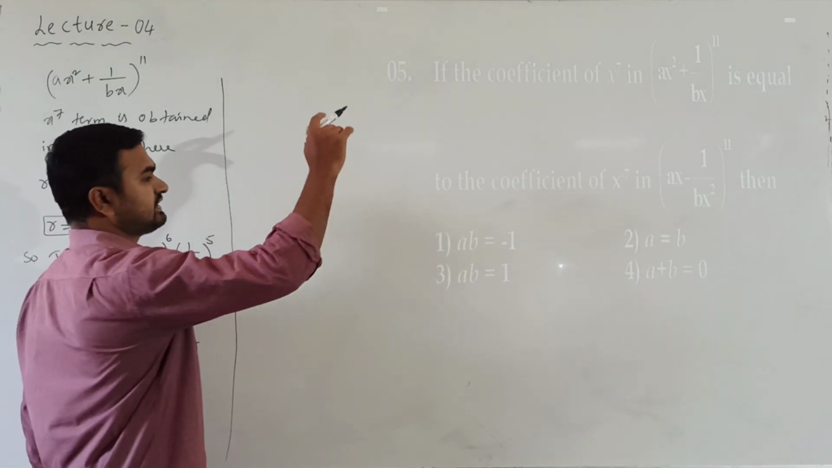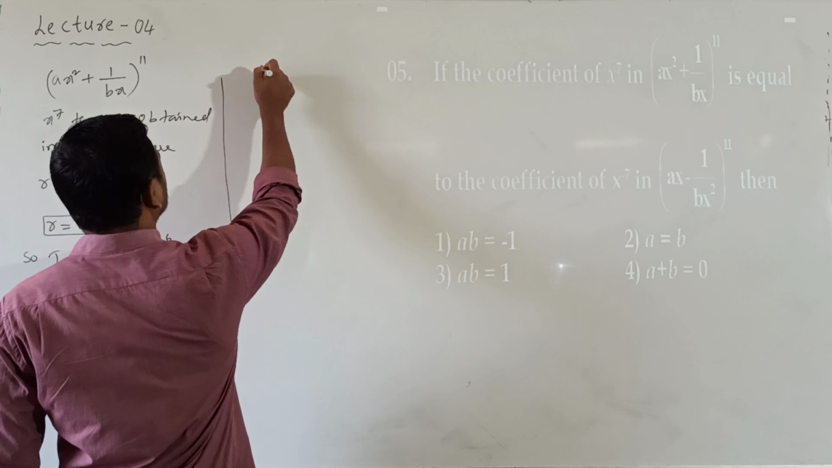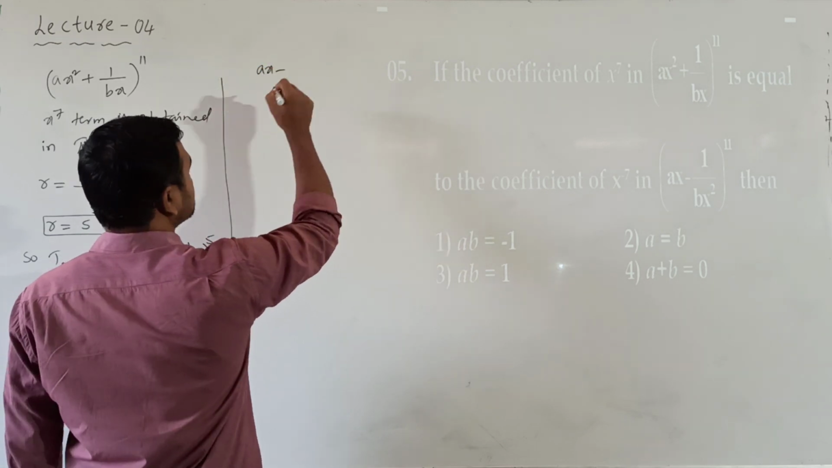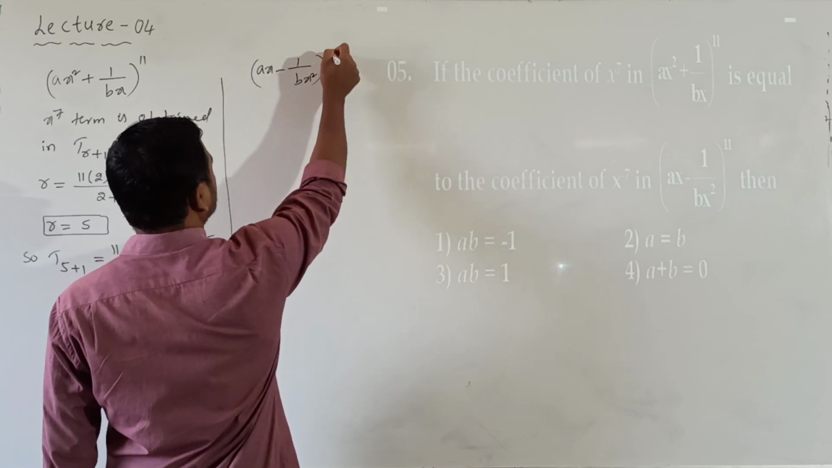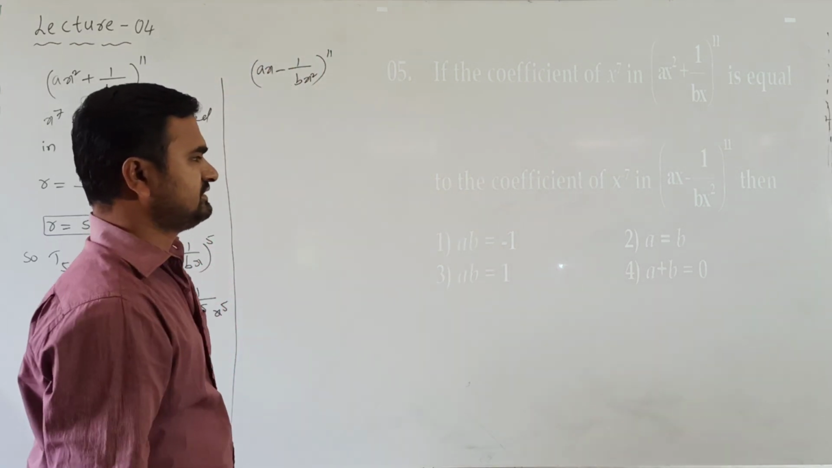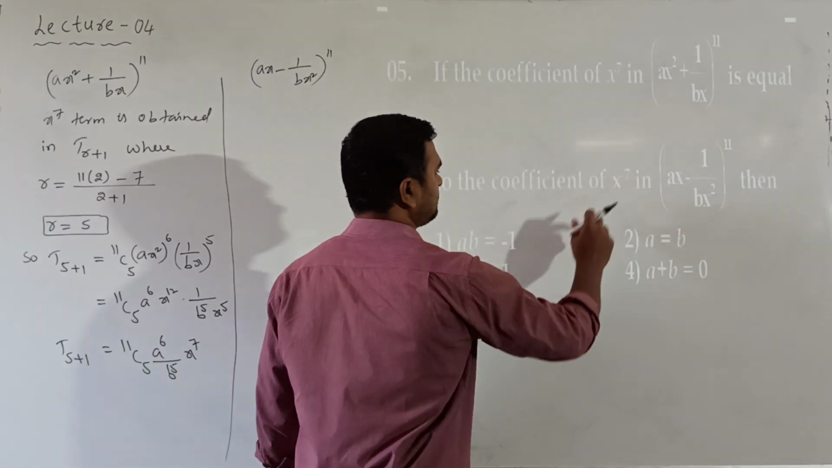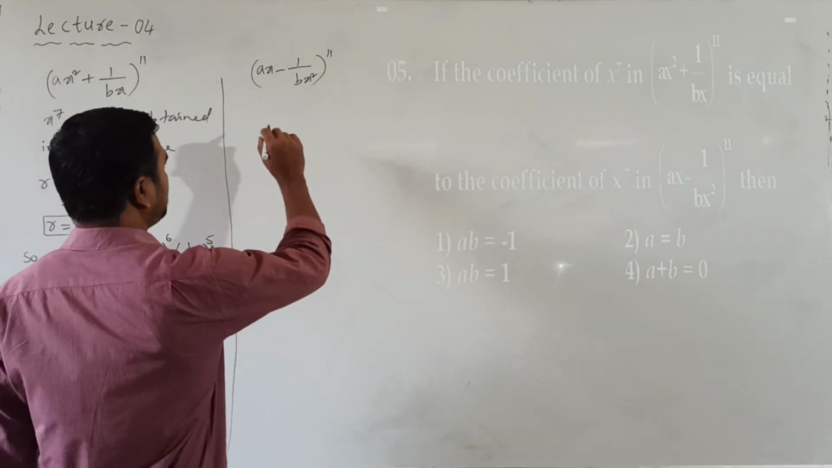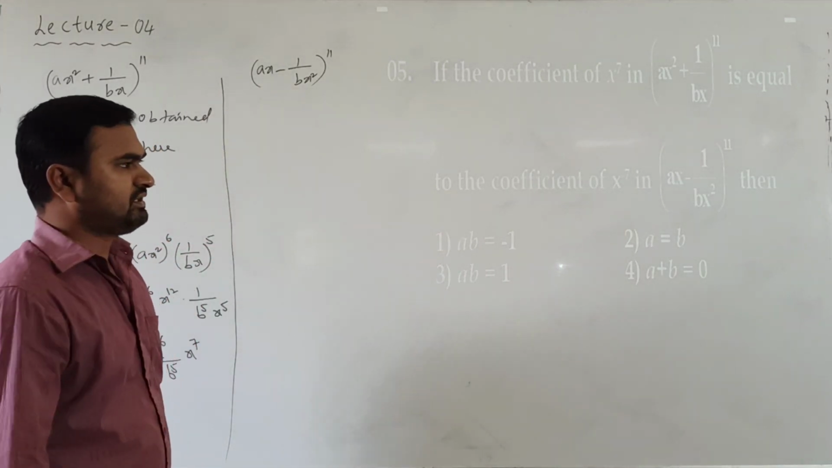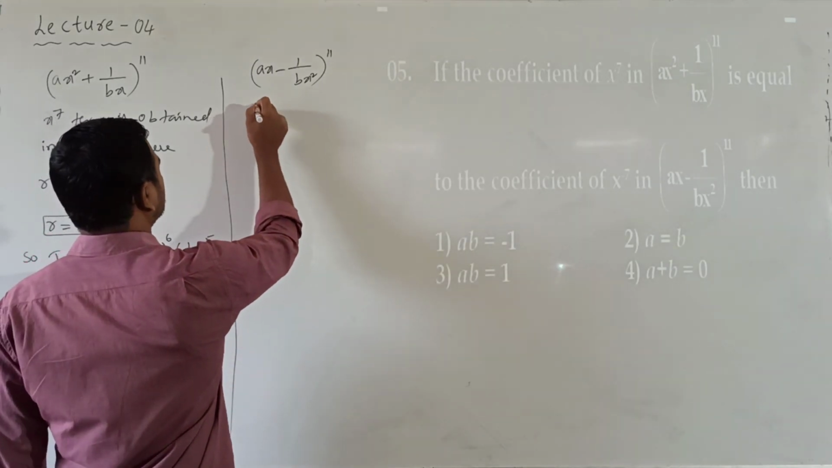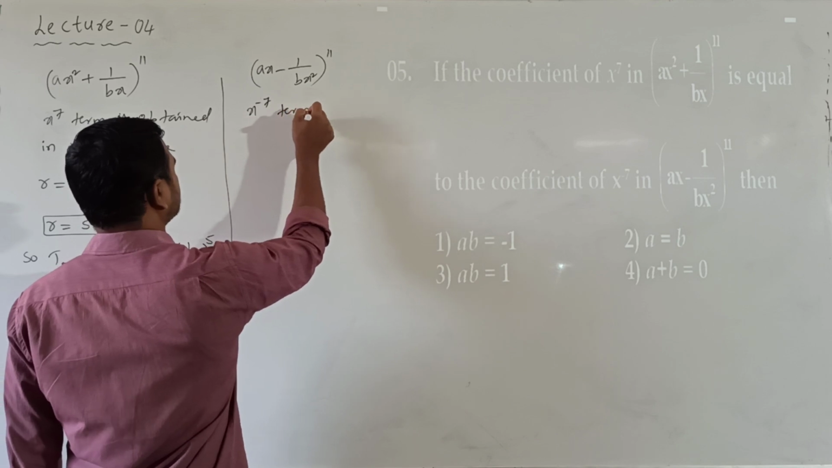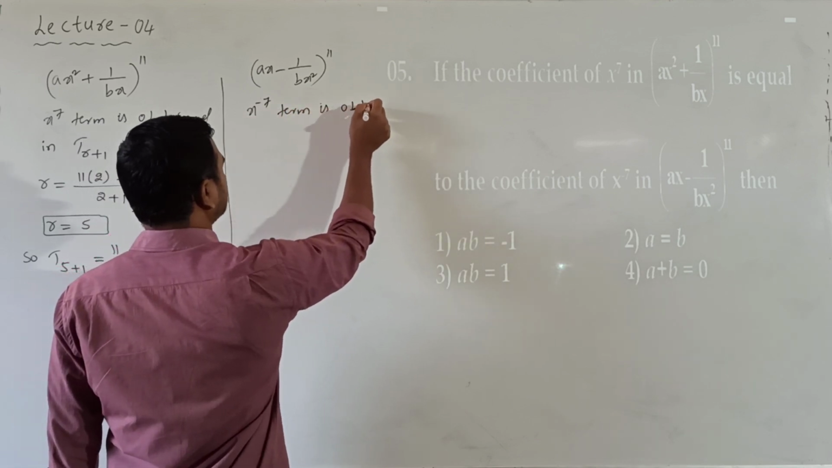Now similarly in the second expansion, (ax minus 1 by bx square) whole to the power of 11. In this we need the coefficient of x power minus 7. So again, where do we obtain the x power minus 7 term? The x power minus 7 term is obtained